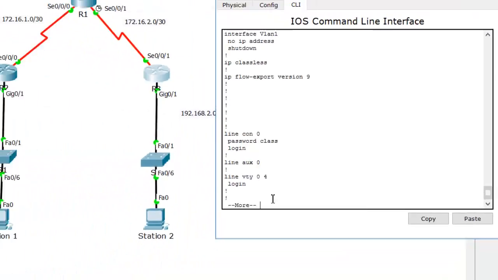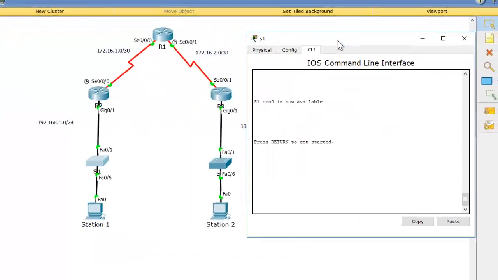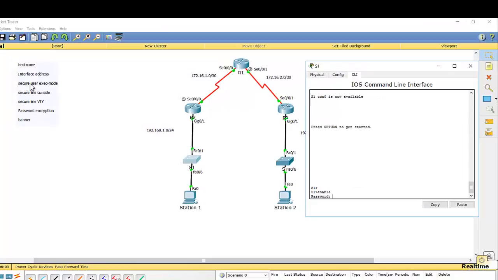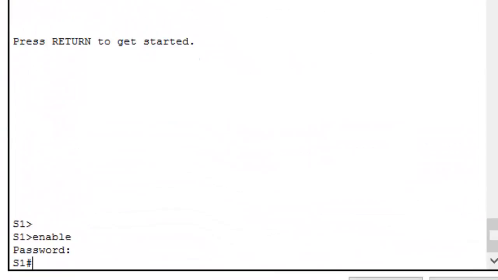To do that, once we get to this step, I'm gonna encrypt the password. So we just continue doing our configuration on switch 1. So enable to go to privileged exec mode. As you see, we now have a password because we secured our privileged exec mode. Do you remember the command enable secret? We assigned Cisco for the enable secret. So I'm gonna type in Cisco to go in,